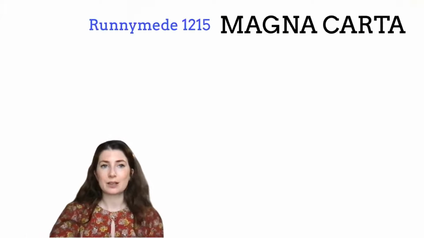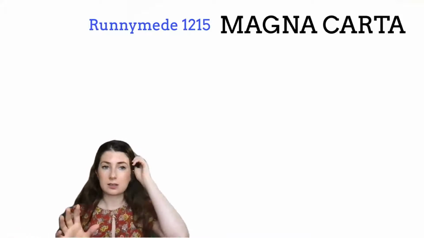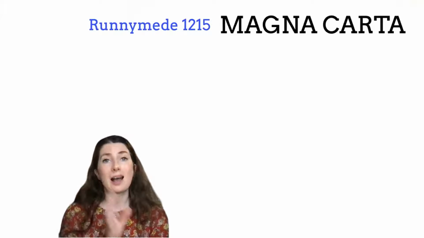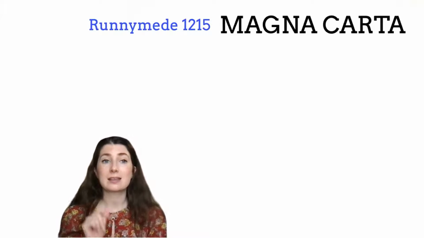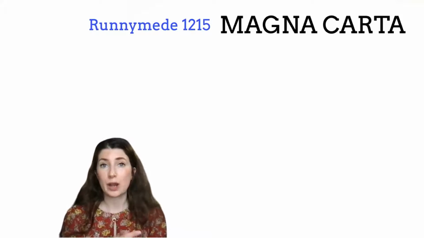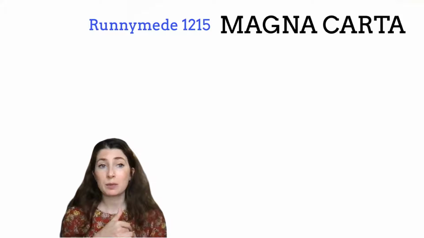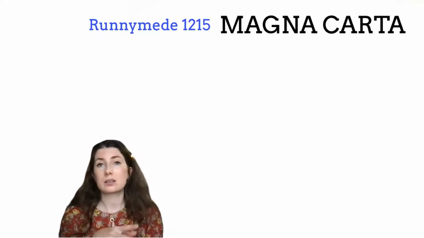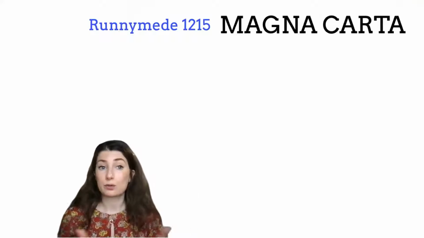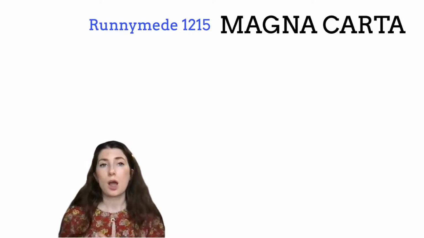So, Magna Carta. Now, you don't need to know everything about the event to answer this question because, as I said in the previous video, the most important thing you do is answer and link to the question. In this case, it's significance. Why was it important? Why was it relevant? What did it change? However, it would be useful to remember the Magna Carta is signed at Runnymede, which is near Windsor. It was signed in 1215 between King John and his barons. Now, there are obviously lots of reasons it was signed. For this particular question, we don't need to worry so much about those reasons.